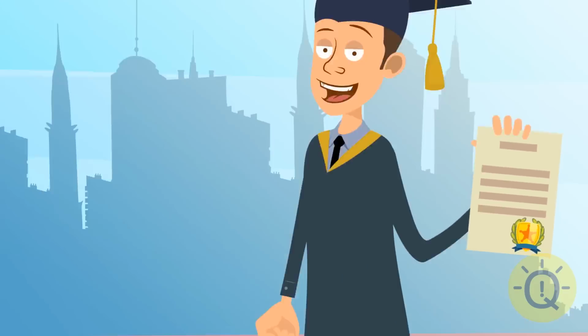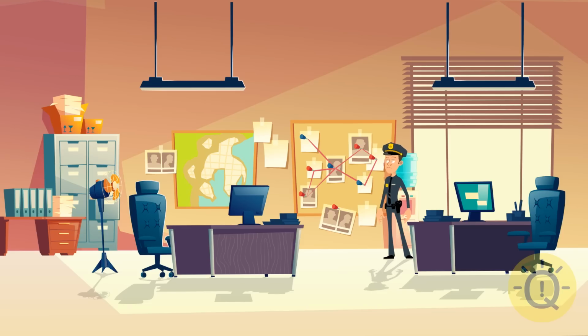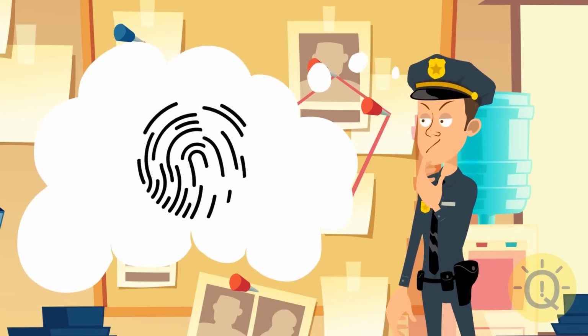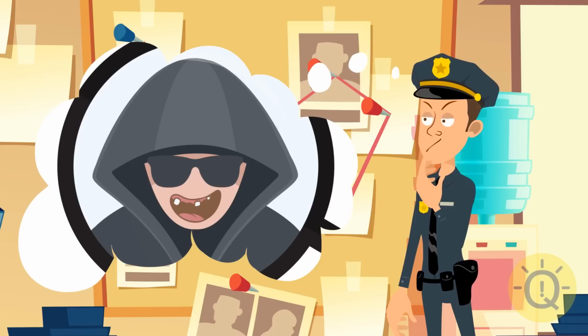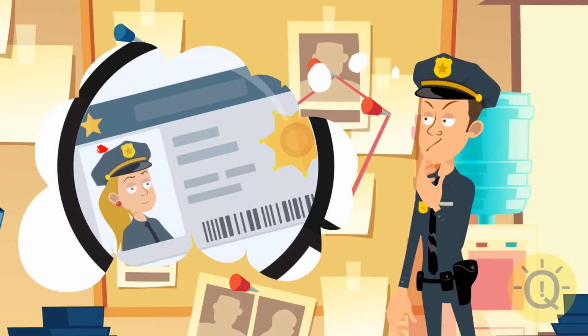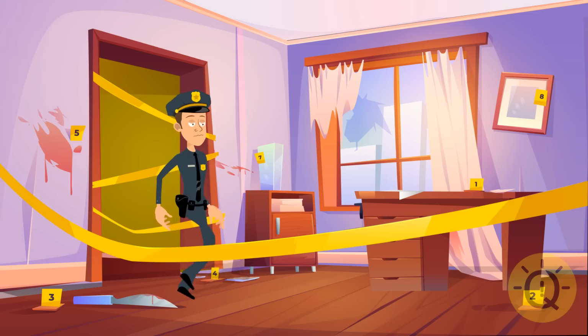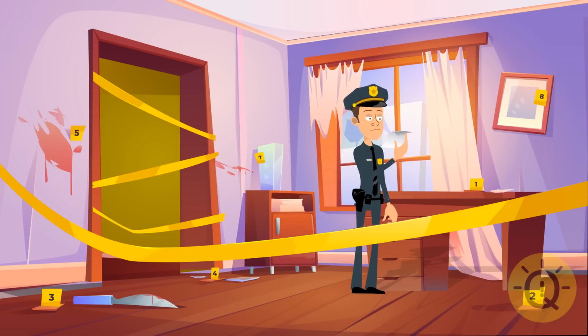Peter graduated from the police academy and began to work as a trainee detective. 1 week after the guy started his new job, he already had the first tricky case on his hands. One of his colleagues was investigating a series of crimes connected with smuggling. She was close to solving the case, but several days ago, the woman disappeared. Peter visited the last location where his colleague was spotted and found a note: